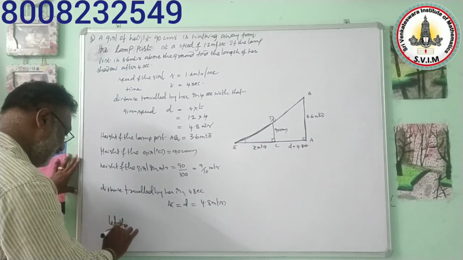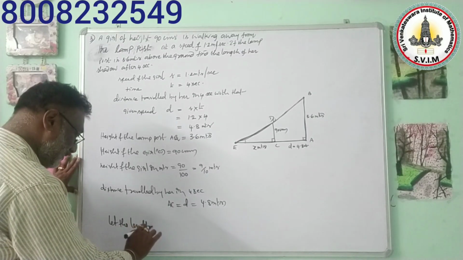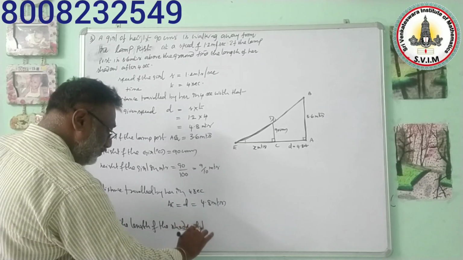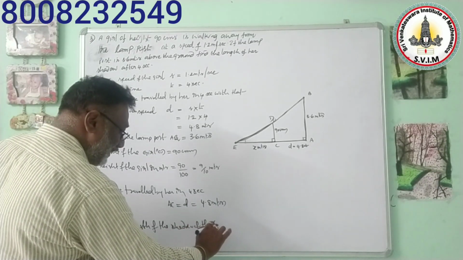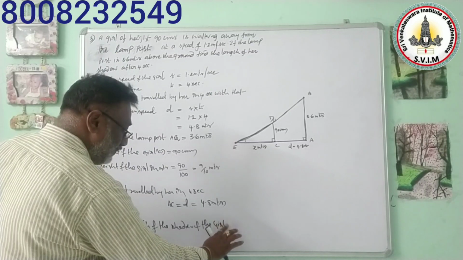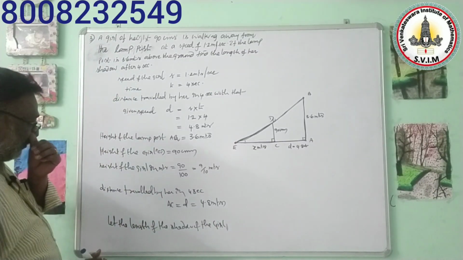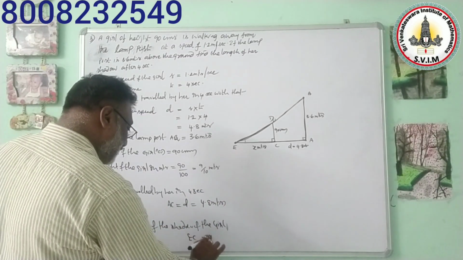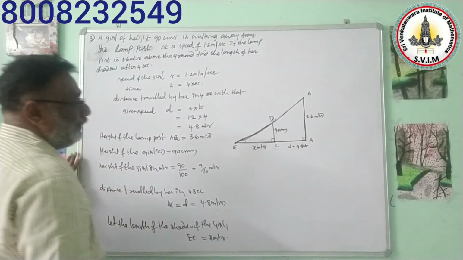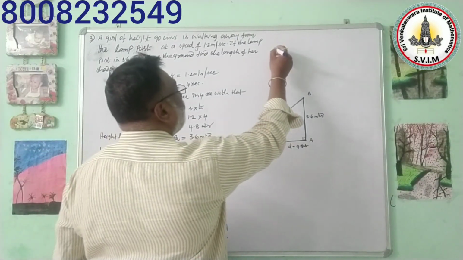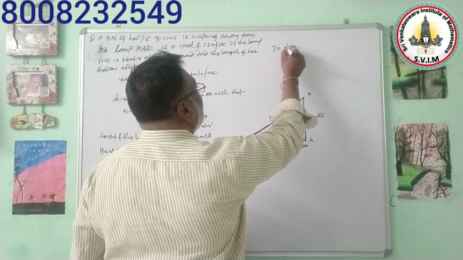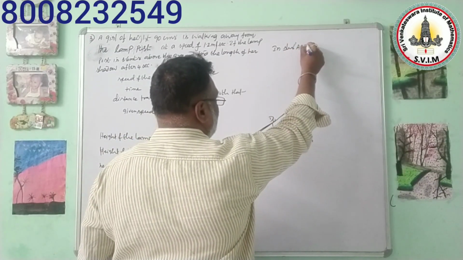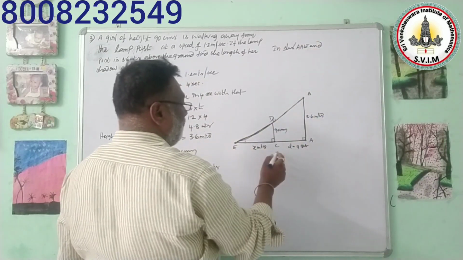Let the length of the shadow of the girl, that is EC, be equal to X meters. Now in triangles ABE and CDE,